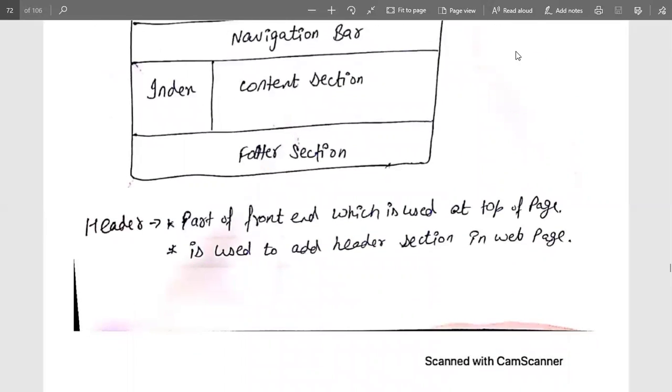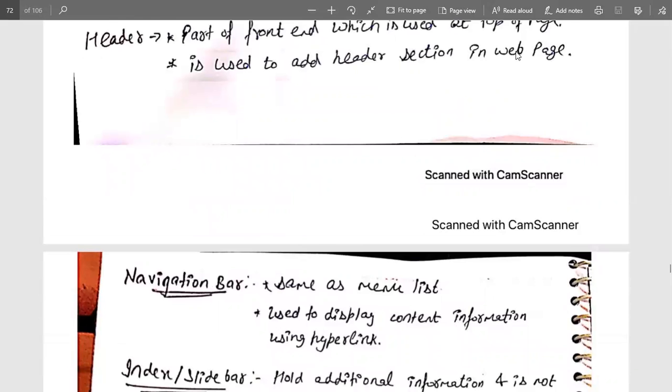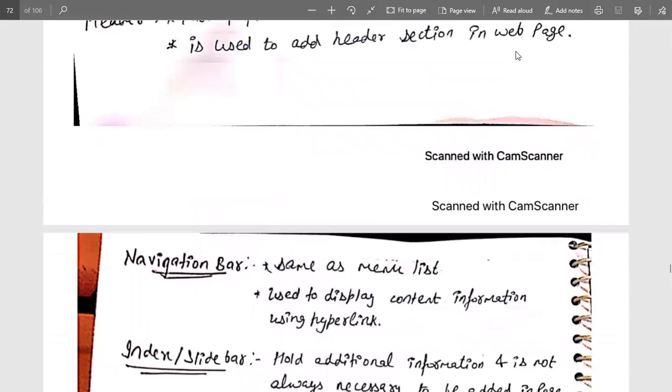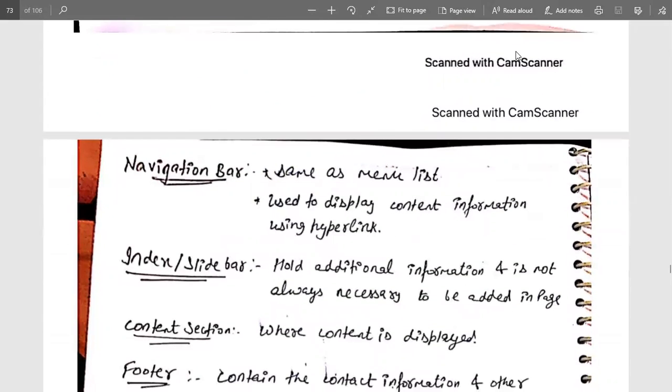So what do we mean by header section here? That means the part of the front end which is used at the top of a page, or we can say the title of a web page is represented as a header. It is used to add a header section in the web page. So a separate section is inserted in a web page that is called a header section. Next is a navigation bar that shows a menu list